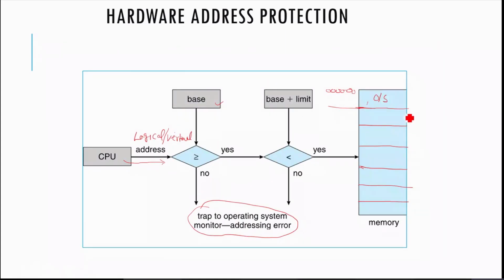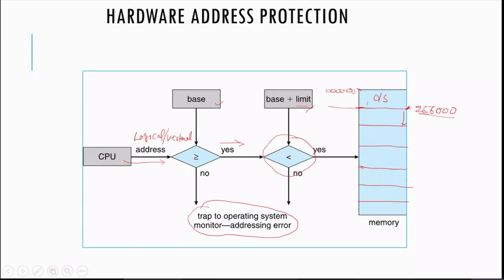The same thing we can see here: up to 25600 is the limit, and this is the base register. We will check for this one also. For the user program, the base register will start from this one and the limit will be checked here. After the base register condition has passed, it will move this side and again it has to pass one more condition check, which we call the limit. Here we will add this base register and the limit, and check whether it is less than or not.